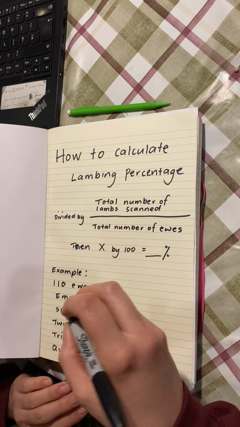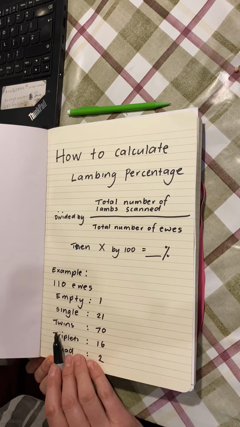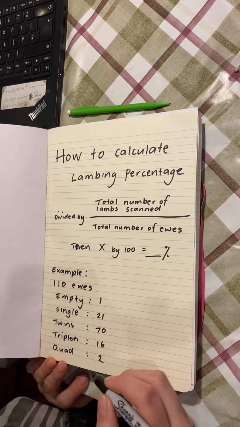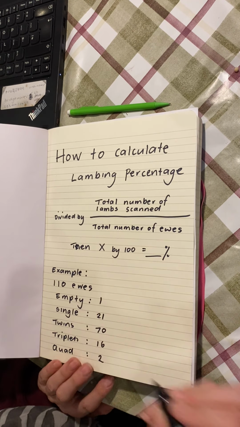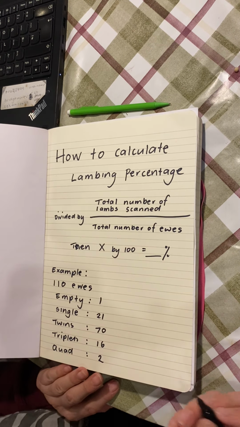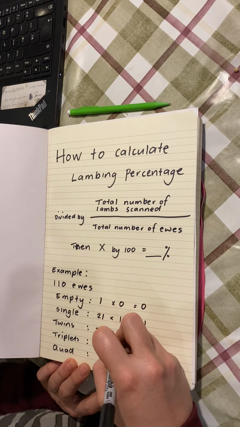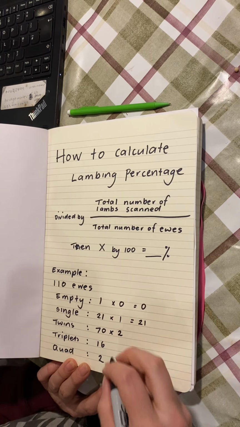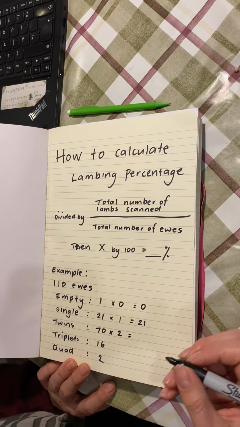So what we do from this point on is figure out the number of lambs that we're going to have. So we know how many ewes, but we need to figure out the number of lambs. So we just times however many babies they're having by the number. So empty, obviously, having no lambs, so that is going to equal 0. 21 are having 1 lamb, so that's going to equal 21. 70 are having 2 lambs, so that is going to equal